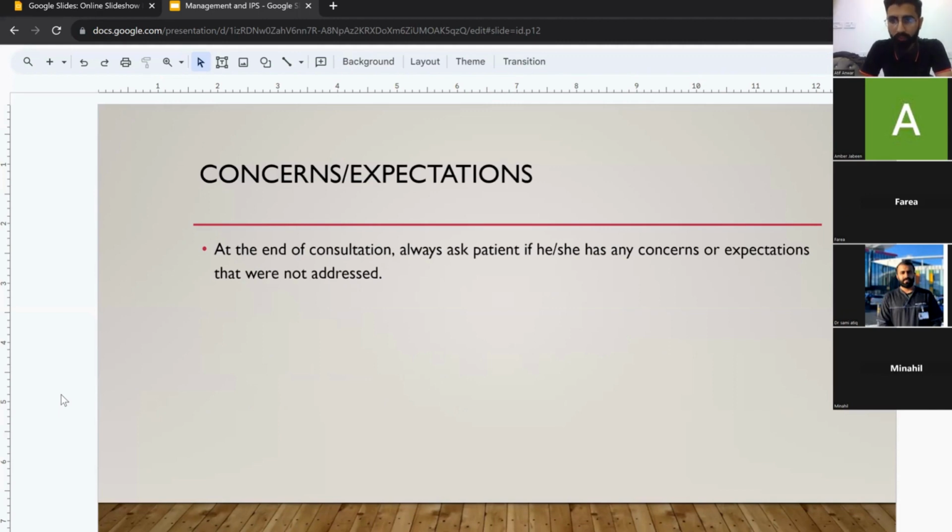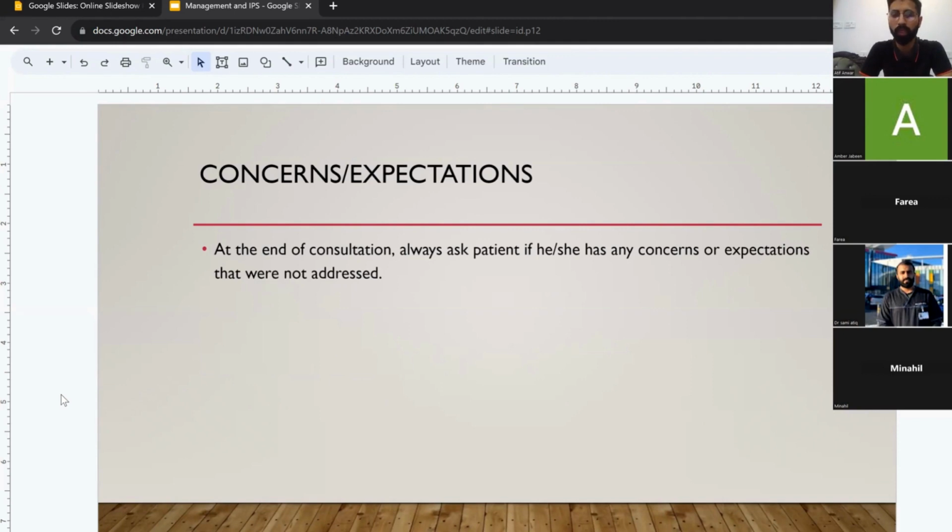And at the end of the management plan, you will again ask the patient if there is any other concern that you have not addressed, or if there is anything particular that the patient was expecting and you could not address. It's a very important component of your management, because sometimes